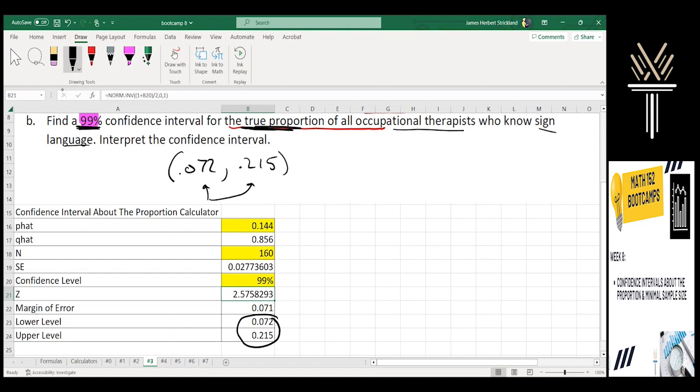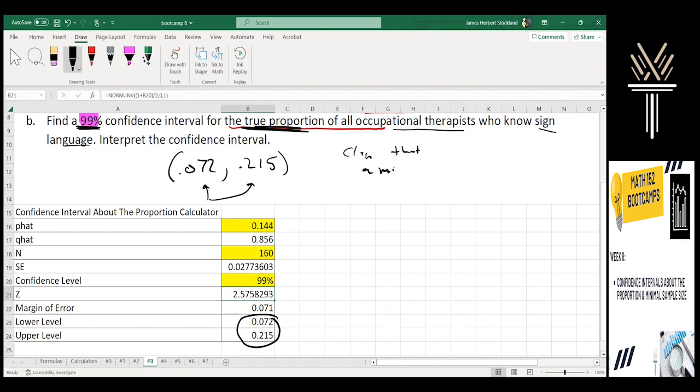I have no idea what the answer is, but I know it won't go past 21 and it won't be under 7, right? These are the kind of boundaries. And so whatever the real answer is, it's somewhere between those two numbers. So I mean, I can make certain interpretations. I can say, well, I can definitely make the claim that